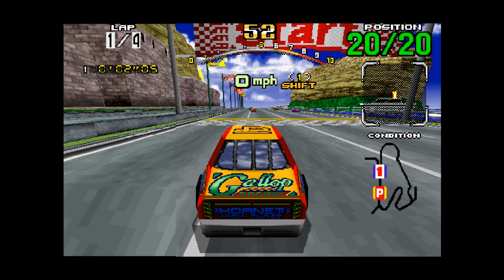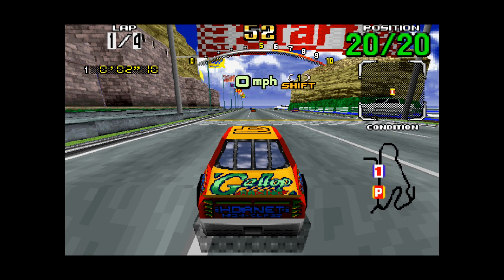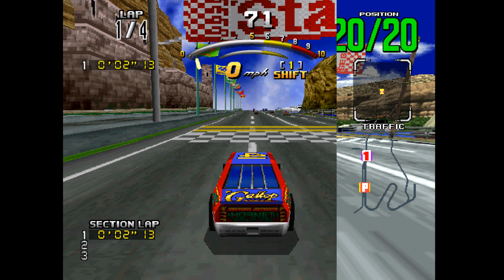The NV1 version has lower resolution textures and more warping on the road close to the camera. At 800 by 600 it's a little sharper, for instance the flagpoles in the distance. Let's go back to the Model 2 original, and now wipe across to Daytona USA Deluxe, you can see it's